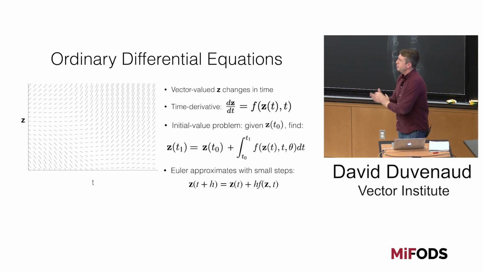And of course, due to 40 years of excellent work in the numerics field, we also have sophisticated adaptive solvers that can control the error explicitly and have sophisticated extrapolation strategies such that they don't need to take tiny steps in order to navigate these vector fields when the dynamics are sufficiently simple. Okay.